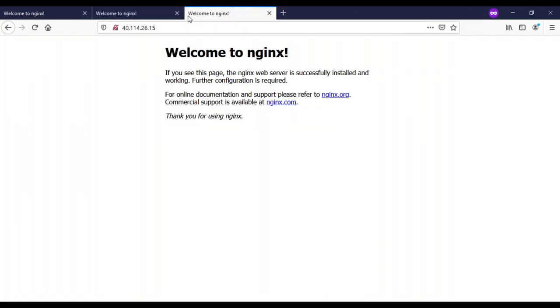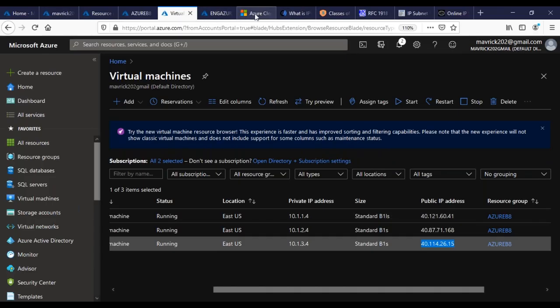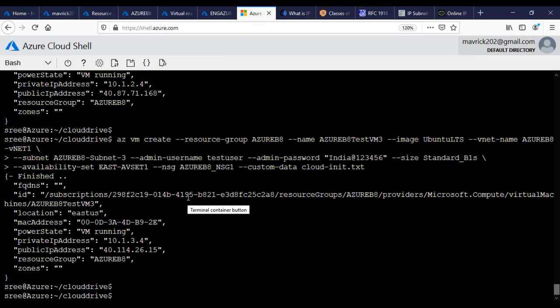If I needed to do that manually, I would have to do it inside each server. But using the script, I have actually installed a web server inside each one as well. So everything is just one click. I need to copy a ready-made script and run it in CloudShell. That's it, guys. Everything is done.